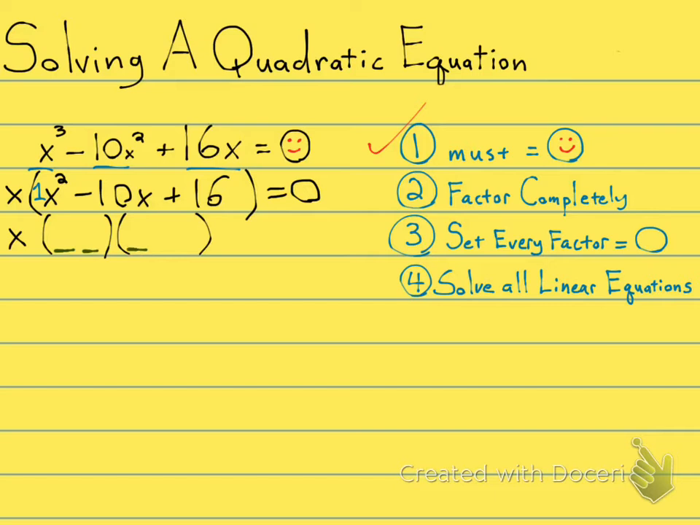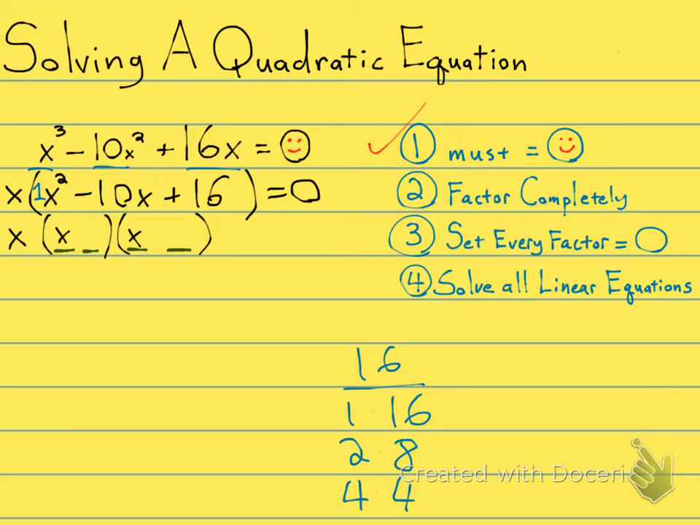1, 2, 3, 4. I know that the first 2 are going to give me x squared. So it is x and x. And I know that the last 2 need to multiply to give me 16. So let's list all of our possibilities. Well, it could be 1 and 16. It could be 2 and 8. Or it could be 4 and 4. Which one of these groups will give me